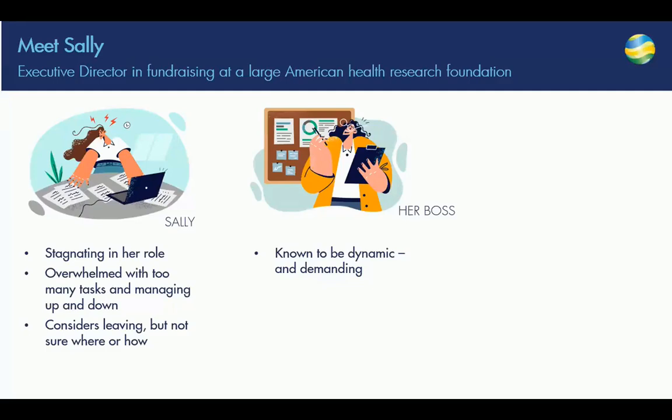And she kept running. By the time she got back, she saw that there was an email, texts, and phone calls from her boss. She finally got in touch with her and asked, what's going on? The boss basically wanted her to review an email, to proofread an email before she sent it out. So the boss was not really respecting her time, her lunch break. They had gotten into this pattern where Sally would jump, she would just be there when the boss needed her. The boss also, again, is really creative, has lots of ideas, dynamic and everything, but Sally's the one who has to be the reality check and make it happen.